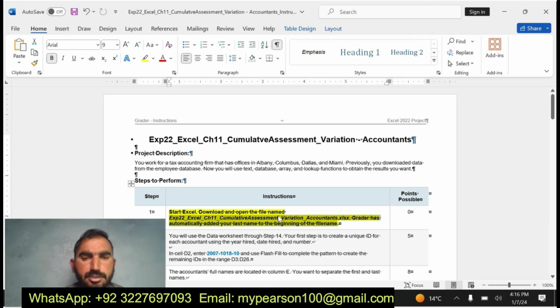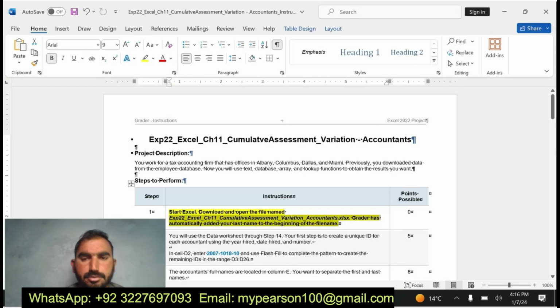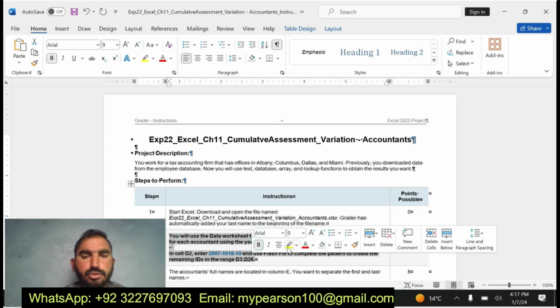You can see here I am going to start the EXP22 Excel Chapter 11 Cumulative Assessment Variation Accountant. I already downloaded the Excel workbook. Now I am going to move to my next step.